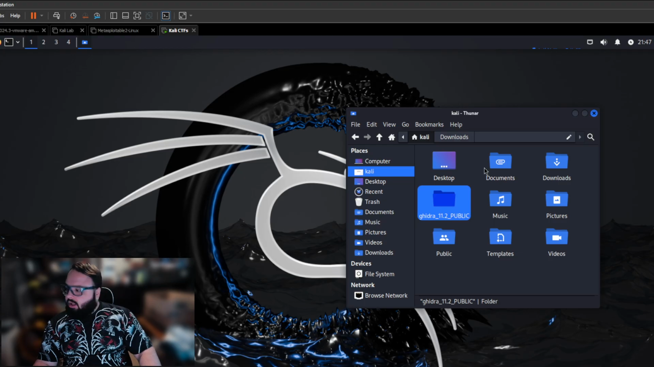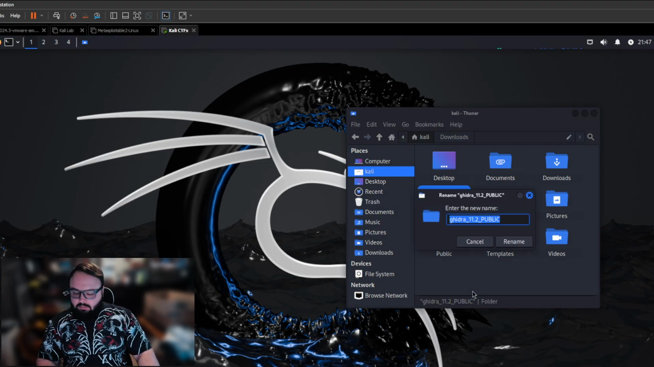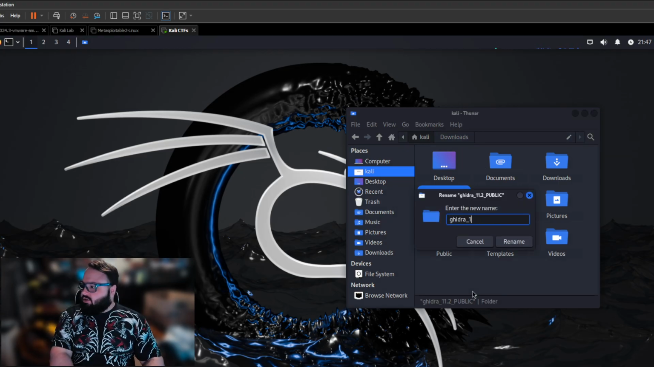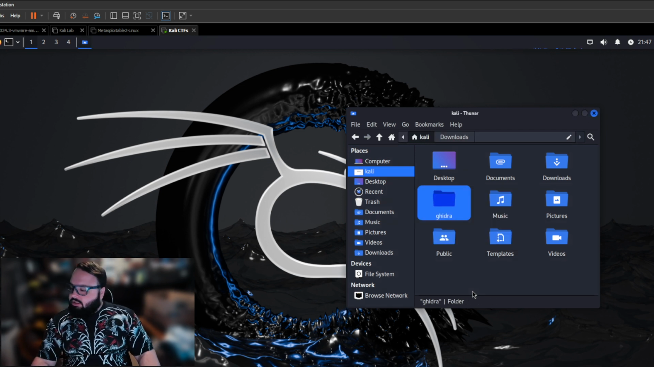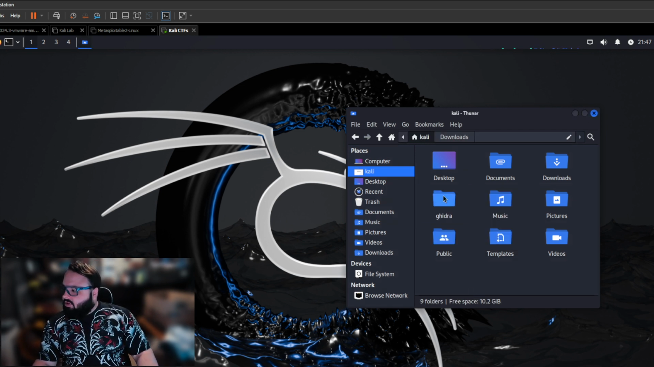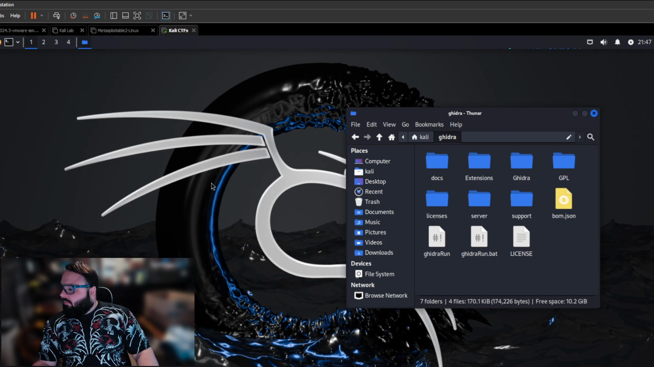So we're going to rename Ghidra 11.2 public to simply Ghidra. There's no reason to have the version number in the file name. So with that done, with Ghidra extracted from your Downloads folder and placed in your home folder, what we're going to do next is